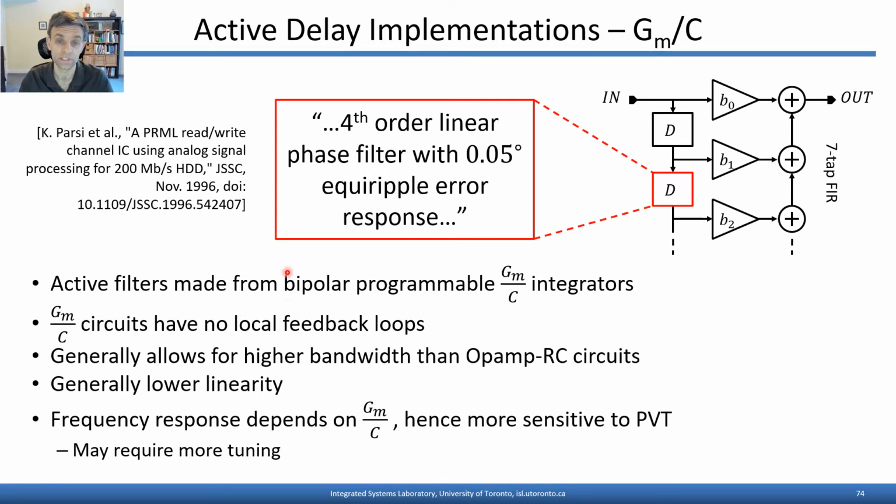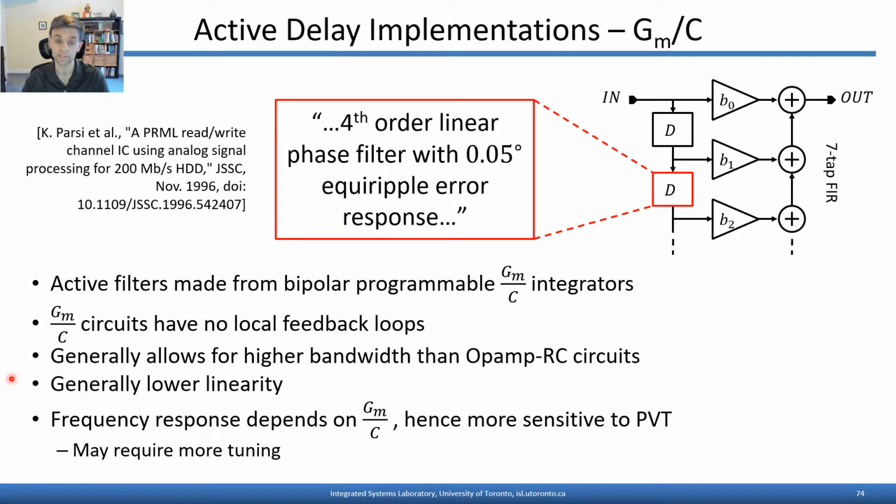Those were used to synthesize a fourth order linear phase filter with 0.05 degree equal ripple error response. So we described that alongside Bessel responses at the start of this presentation. Now GMC circuits like these have no local feedback loops, so in general that's going to allow for a higher